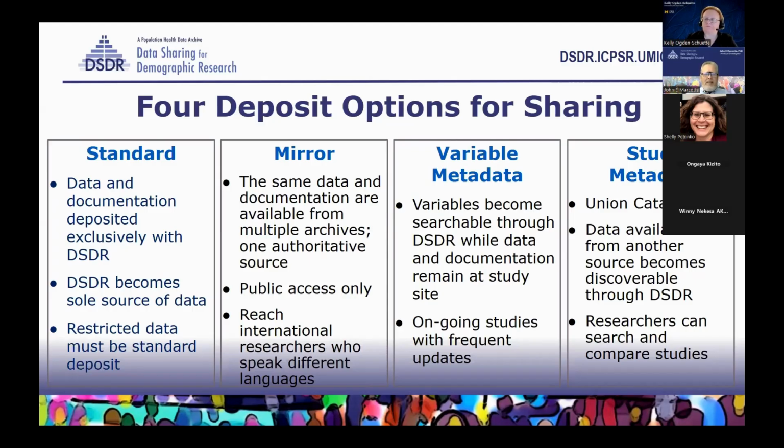When people can't give us data, we ask for metadata. And metadata is very important. So we get variable metadata, which is kind of like the contents of the data. In the case of survey data, it's actually a description of the variables. What that allows us to do is let people search for variables within our variable search compound, even if we don't host the data. And if you don't have variable metadata, you can give us study metadata, which is a description of the study, which allows us to explore. Now, later on, you'll see the importance of metadata and why we push such an emphasis on it.